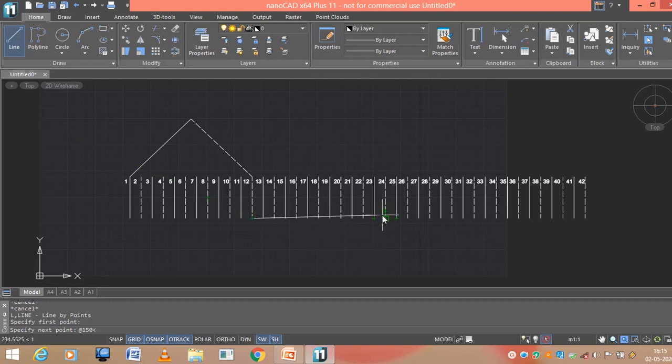It means if this is 0, this will be minus 45 because it is in this direction. See, this is the positive direction. It means positive angle: 45, 90, 135, 180, then 270, 360. If I go in this direction, clockwise, it is minus 45, minus 90, minus 180, minus 270, then 0 or 360. Okay. Now from here to here it should be minus 45. Clear?